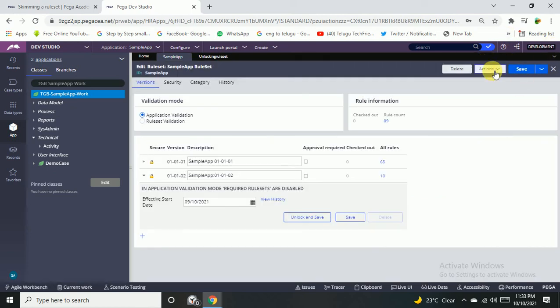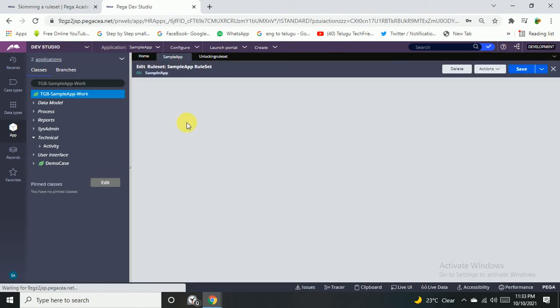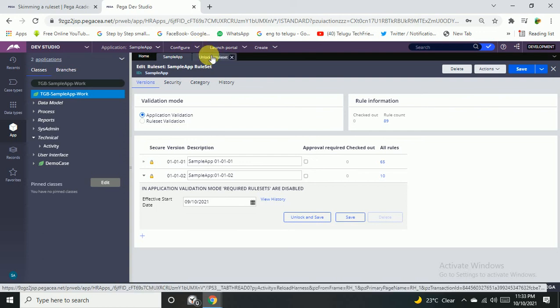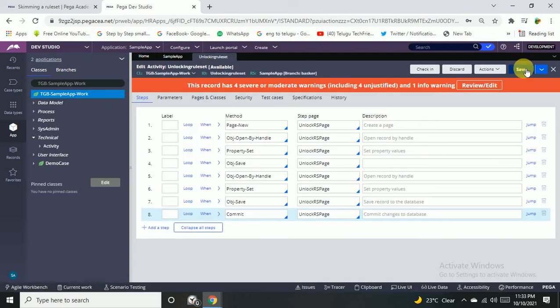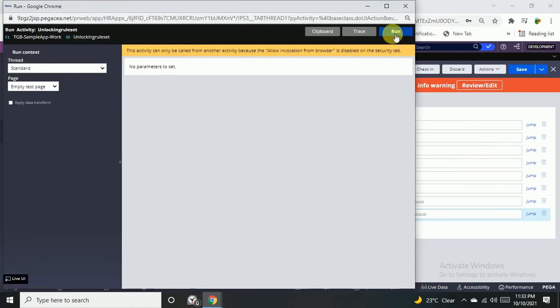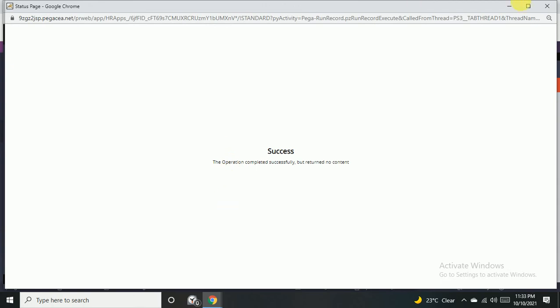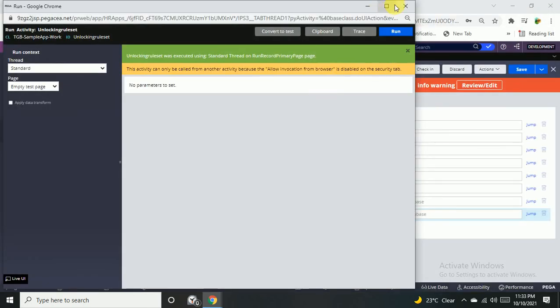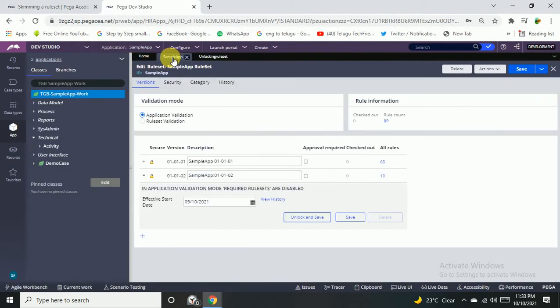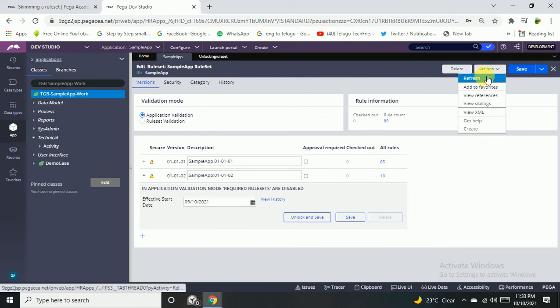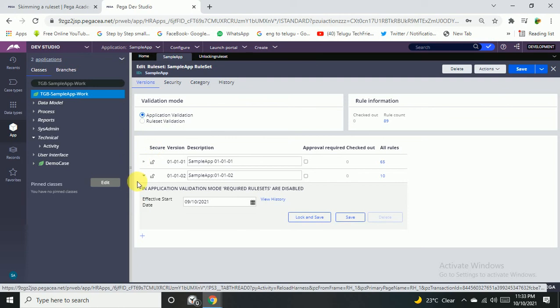Both are now locked with the 123 password. Now I'll run this operation. Now both rule sets should be unlocked. Let's refresh to see. Yes, now both are unlocked.